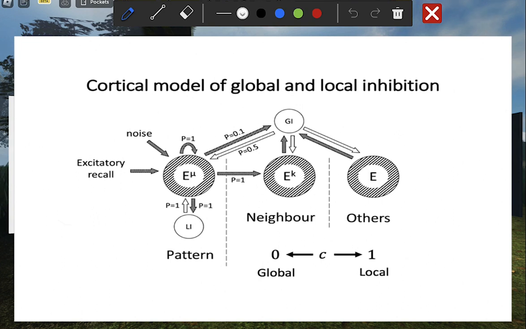So each of these E circles, which I'm going to do a rough circle in red, those are excitatory assemblies representing different memories, and they can have shared neurons between them. And then the GI is a global inhibitory group. That's a group of inhibitory neurons which are connected to all the excitatory neurons. And this LI is a local inhibitory group, which there's also a local inhibitory group for this neighbor and for